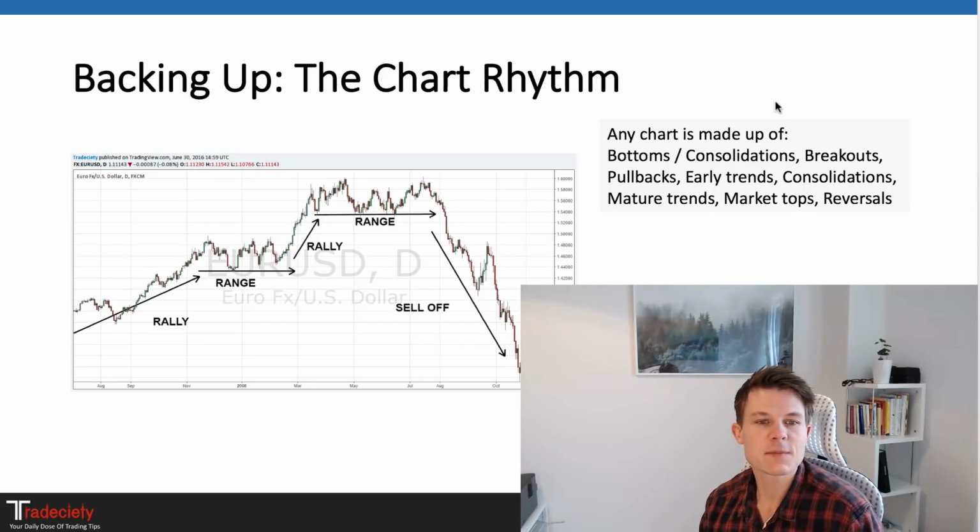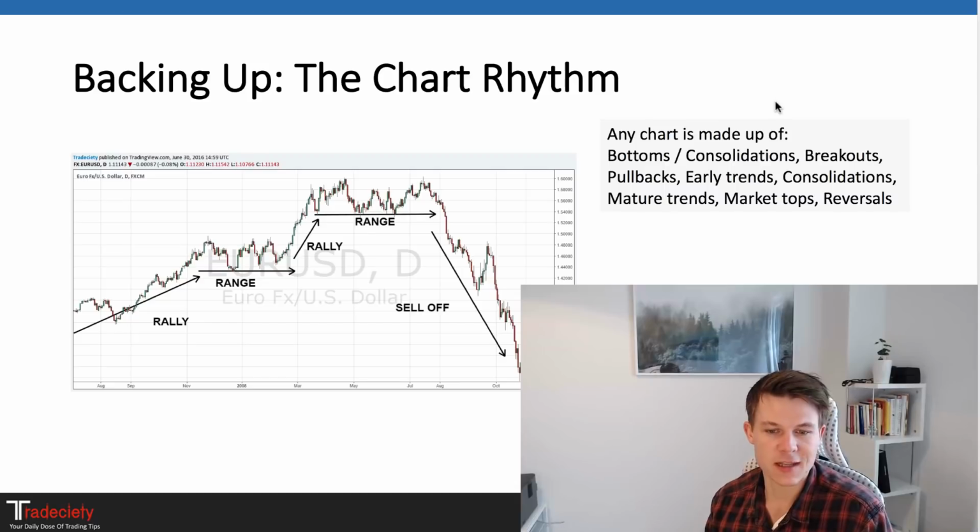So let's back up a little bit, and I will give you a quick introduction if this sounds too basic. And if you are tempted to click the X button on your browser, don't do that, because there's something interesting waiting for us. So whenever we look at a chart, it can only do one of three things. It can go up, it can go down, and it can go sideways. Not that new of a discovery, I hope. But it's very important to understand this implication.